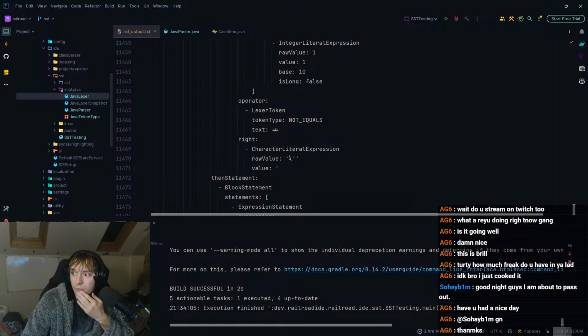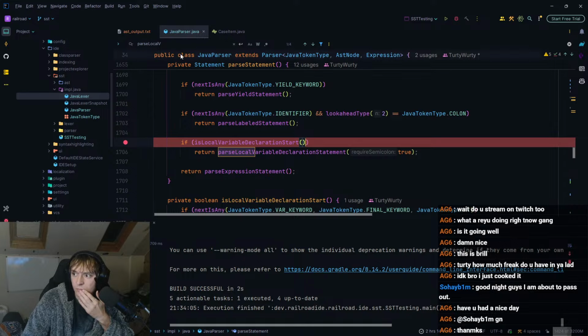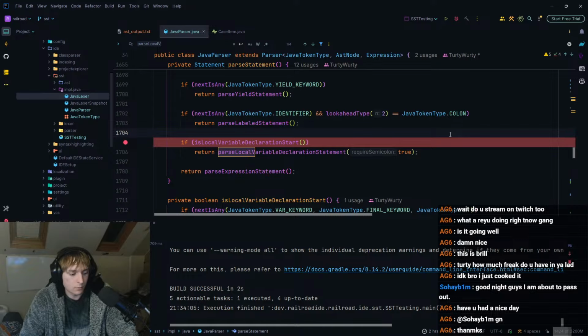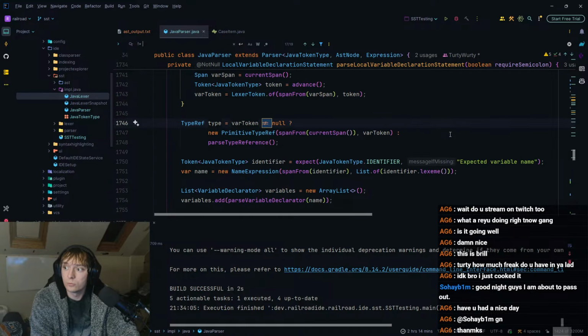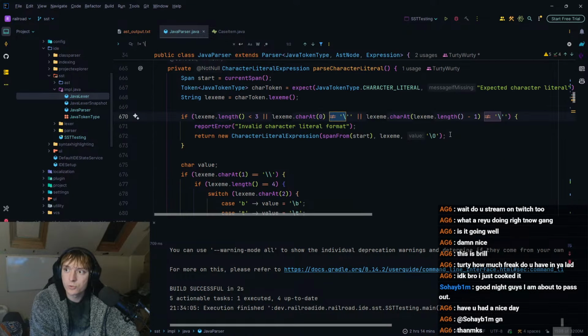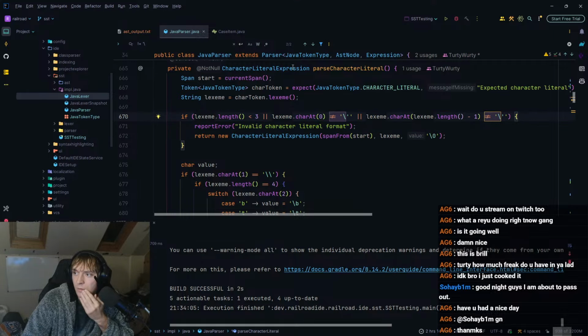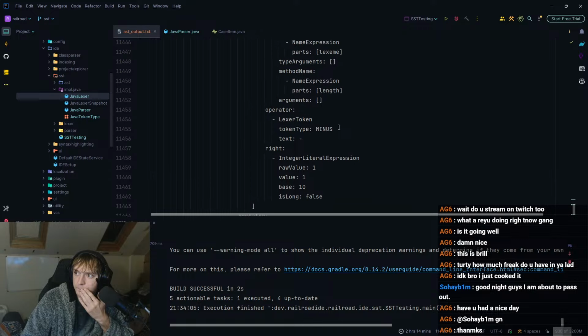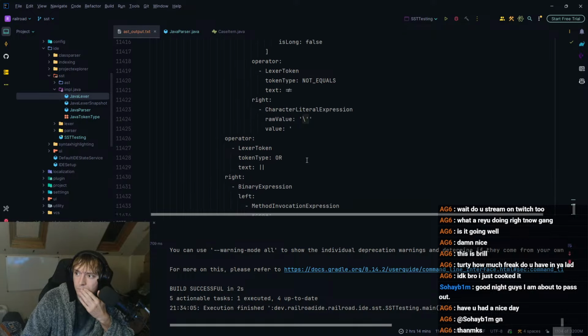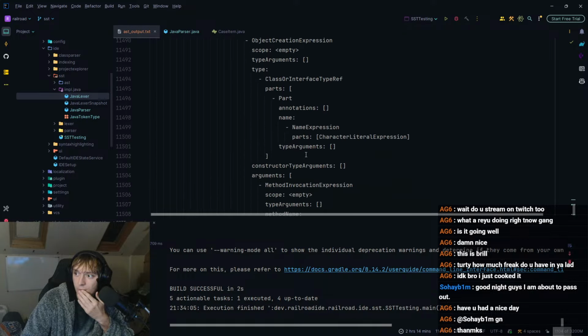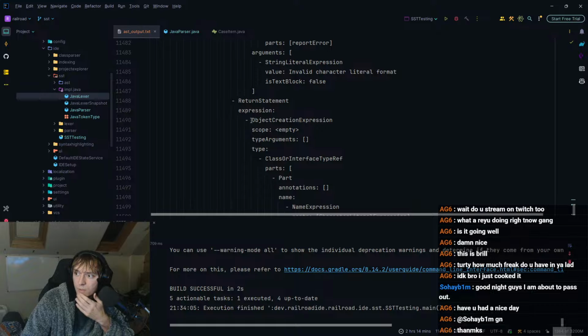So do we have a not equals backslash thingy? Not equals backslash. Yeah, it's definitely here. Okay. That looks correct. Object creation expression.